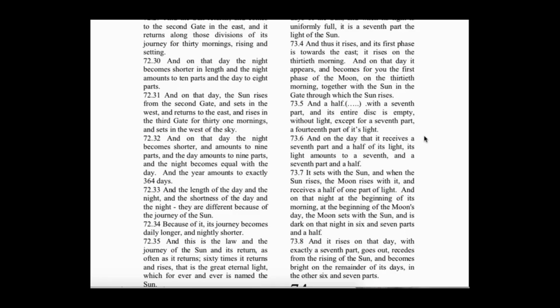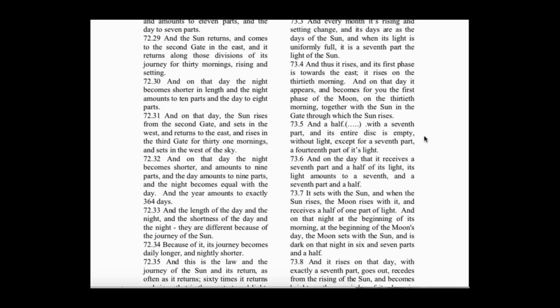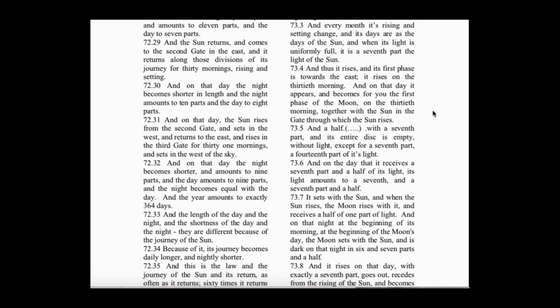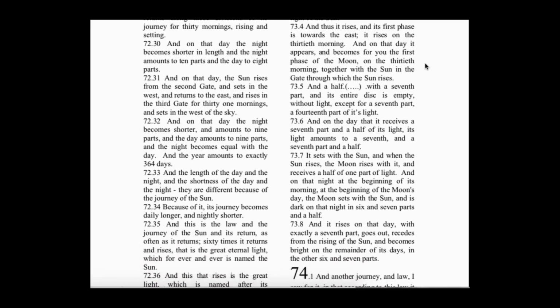So you need to understand each chapter and then each point. Each point is related to each other, but within each point is a completion of its point. So the light is a seventh part of the light of the sun. So it's not as bright as the sun, right? Okay. And then the first phase of the moon